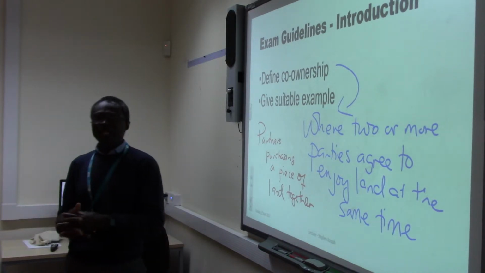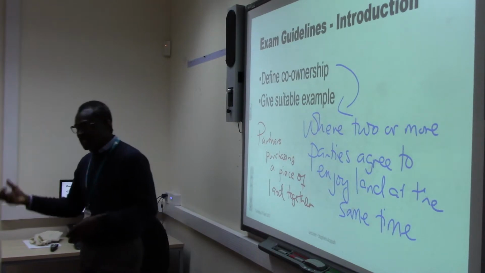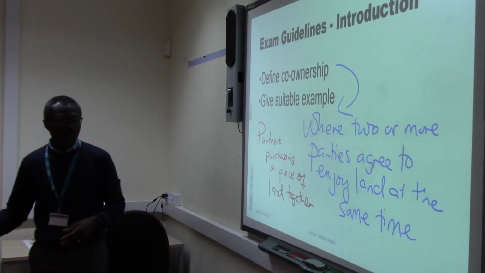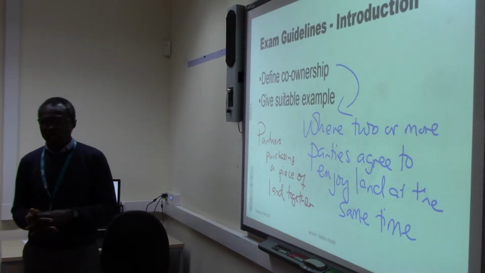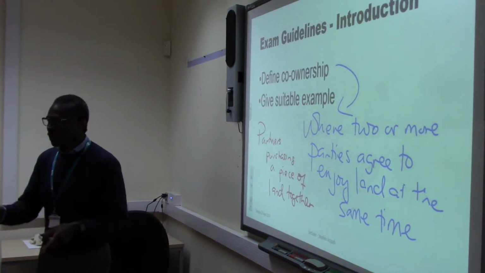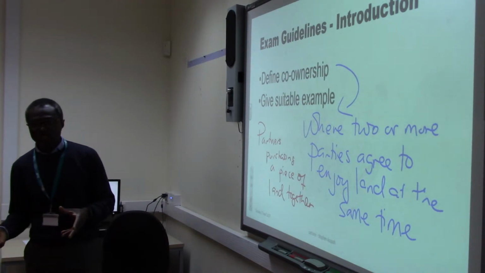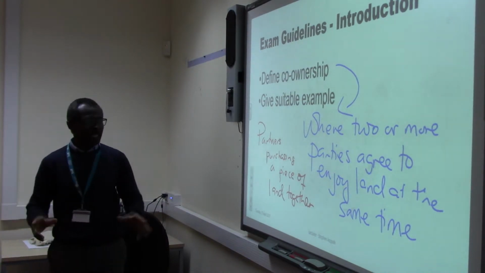So just a basic definition, and if you want to comment about strict settlement, you give an example where somebody owns the land for their lifetime, and then when they die it's passed on to the next person to enjoy for their lifetime, and sometimes conditions are attached. If you remember, you can only inherit land, for example, if you marry a certain person, or if you become a solicitor, or if you don't leave the Catholic Church or whatever. The different types of